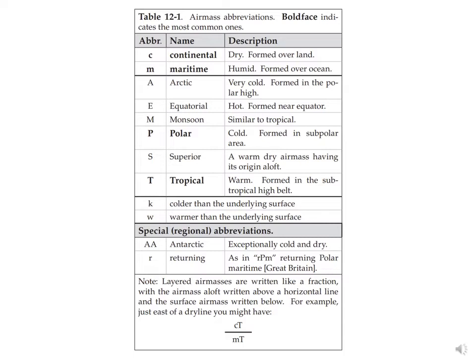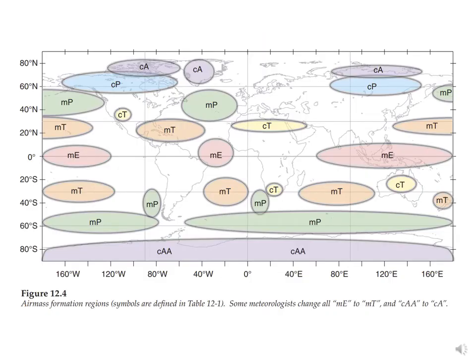So that's kind of the entire palette of air masses. And where do they typically form? So here we have the abbreviations. CA would be continental Arctic, MP would be maritime polar, MT would be maritime tropical, CT would be continental tropical, and you can see that these air masses, the polar air masses, tend to form over the land surfaces